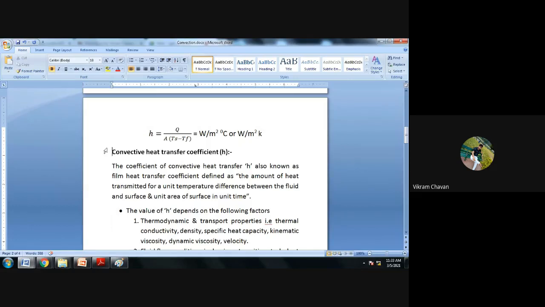Film heat transfer coefficient. Defined as